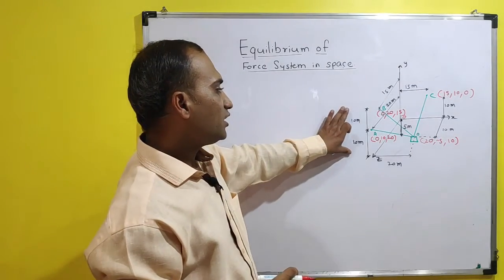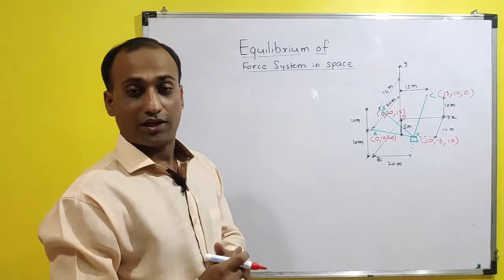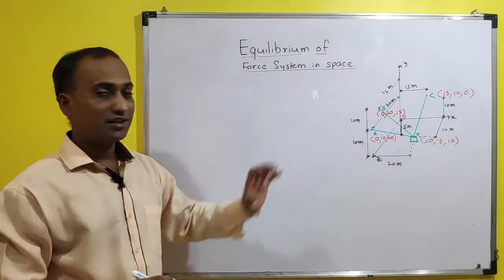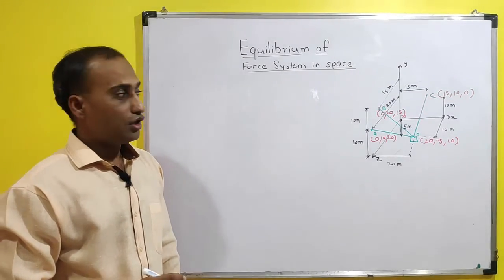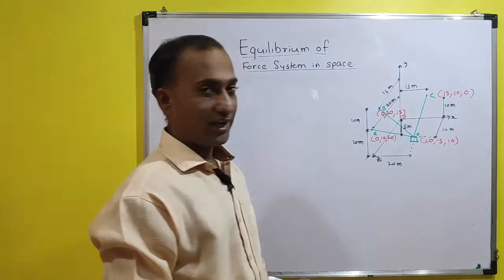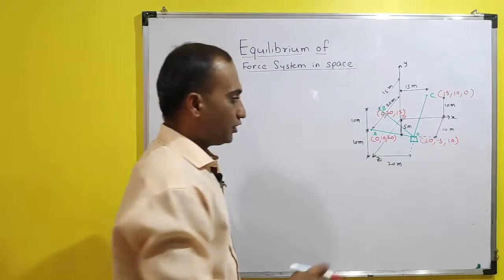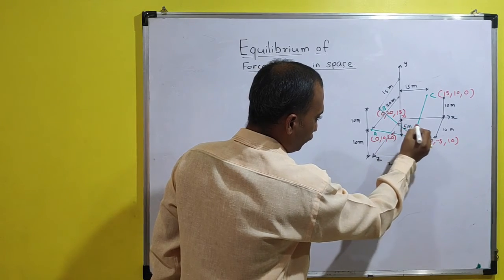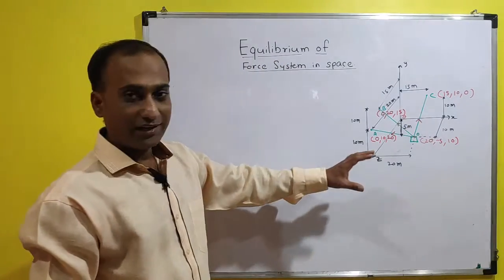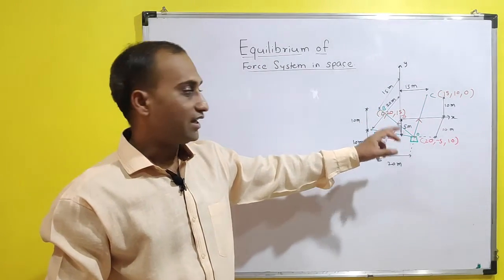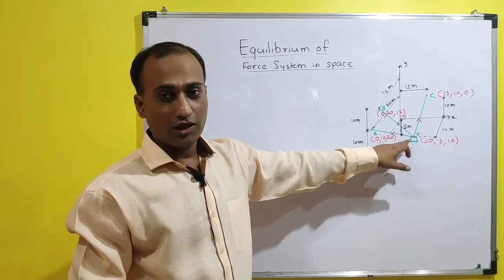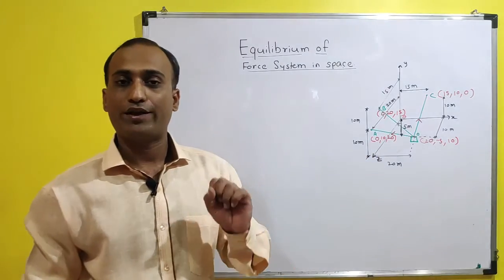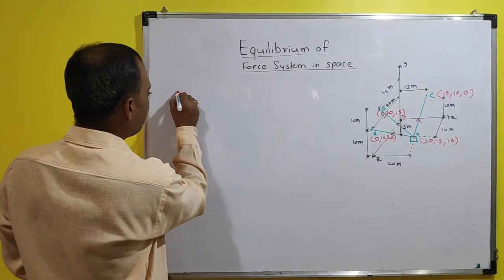So these are the distances which are parallel to each of the axes and relate to one of the points, and hence we can calculate the coordinates of this system. After calculating the coordinates of each point, you can calculate the unit vector along each line, but direction is important. If you are considering the point of concurrence as O, with directions like OA, OB and OC, and these are three ropes or strings attached to this weight which is balancing, then the tension generated will be away from the point O. So you have to calculate the force vector.